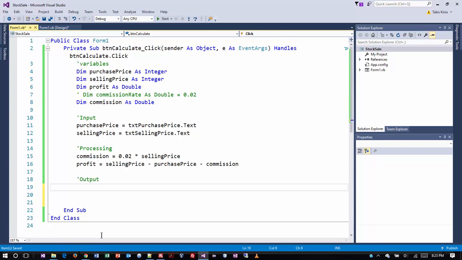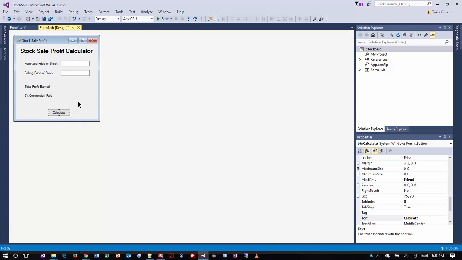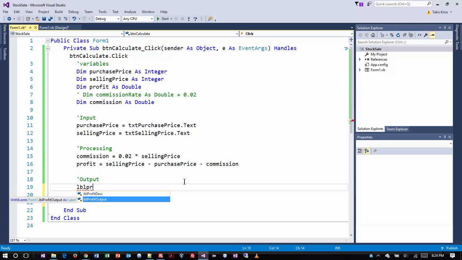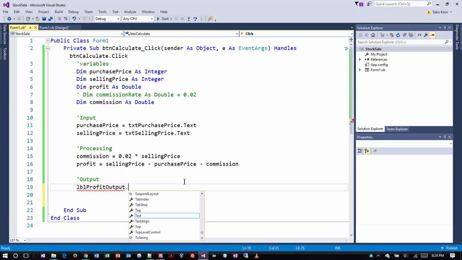All right, so what we're going to do now is say that in these form fields that we created, the labels that we can't see, these two, remember? Well, what's this one called? The top one is called, oh, I lost it. Top one is called LBL profit output. Okay, so I'm going to go back to my code. I'm just going to start typing LBL PR, there it is, profit output, not the description, but the output. So I'm going to hit tab, and then I'm going to type a period. And what I want is the text property